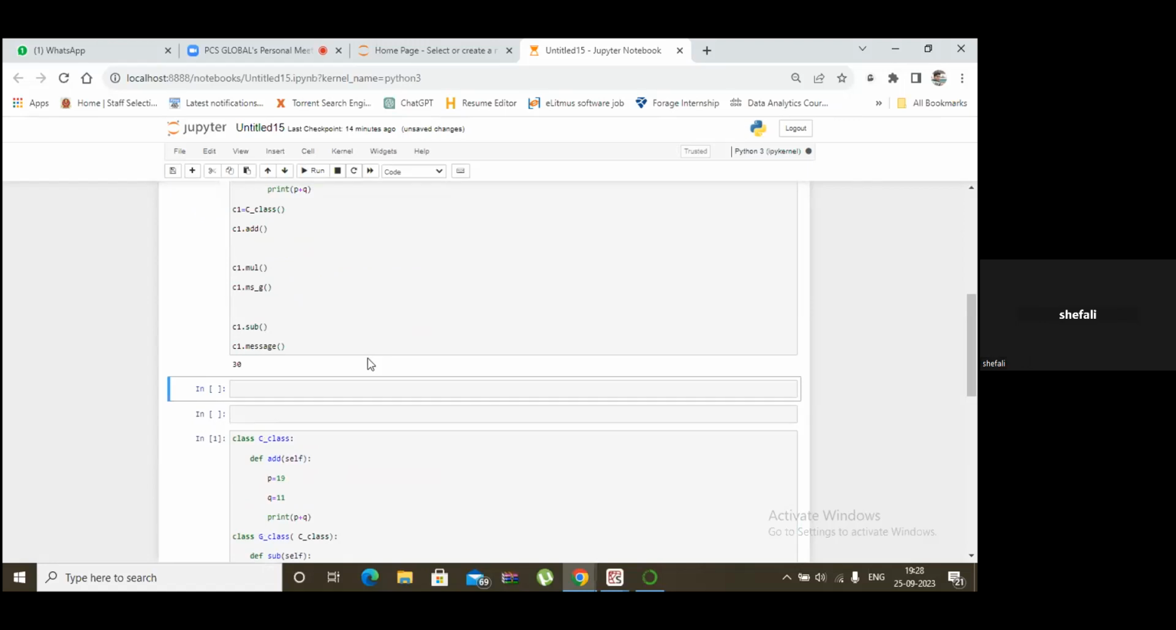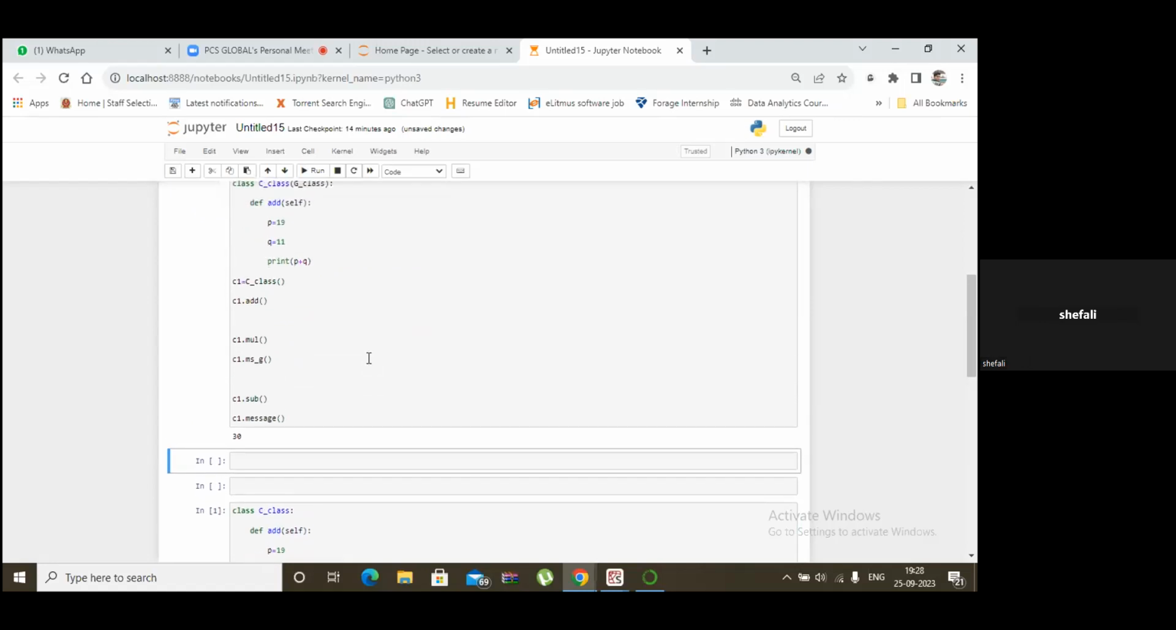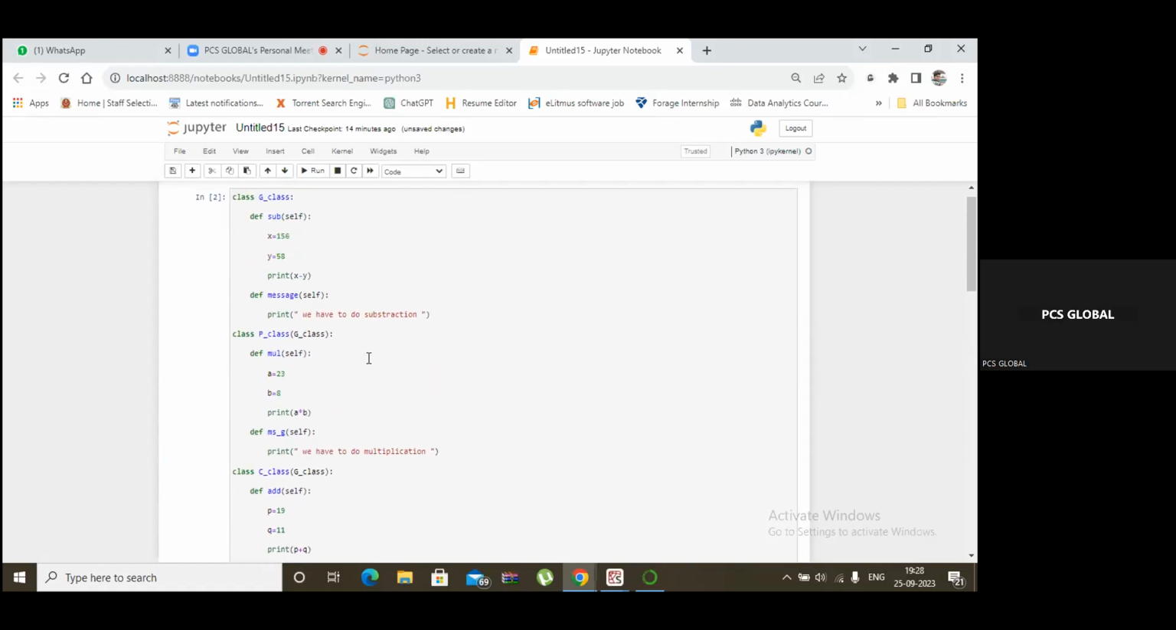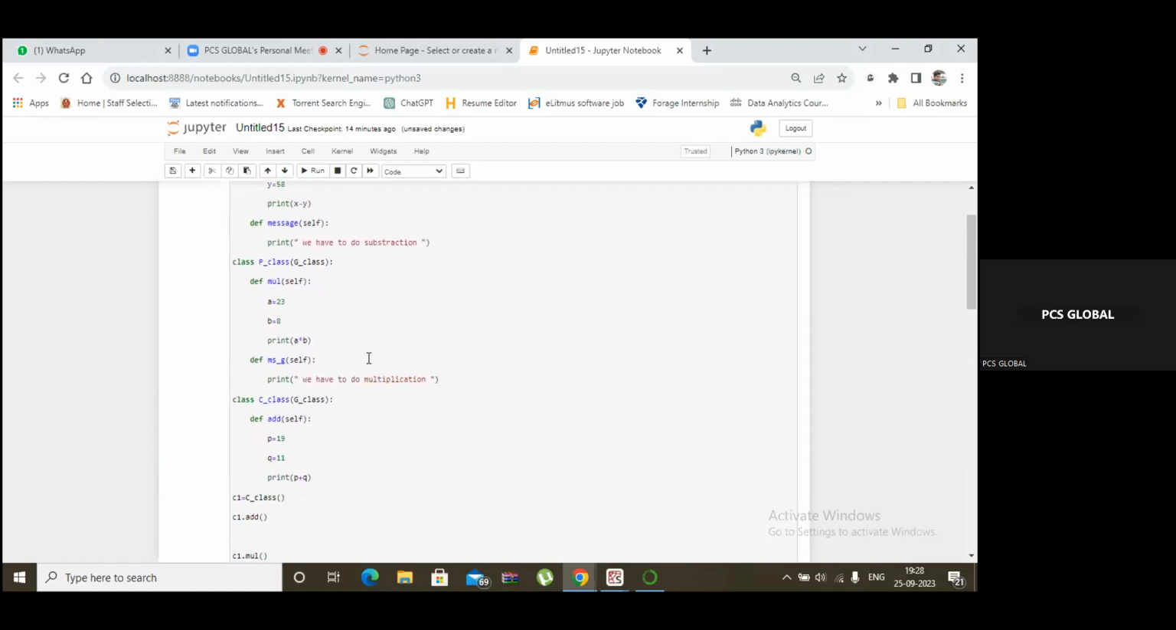কি হলো এটা ফার্স্টে? 30। কেন হলো 30? এখানে সি, এক মিনিট, হ্যাঁ বল।